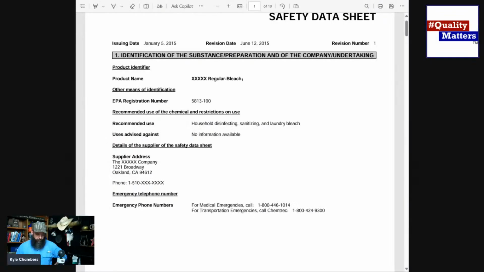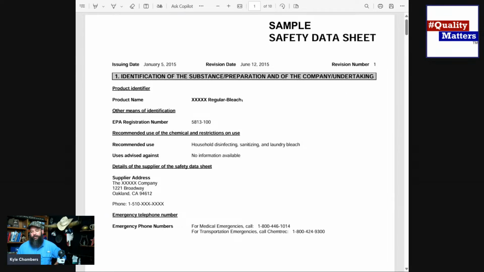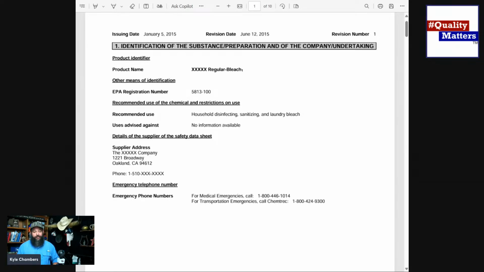All right. Let's go on now to an SDS. Let's talk about what's included in an SDS. Okay, so I've got pulled up here on the screen a sample safety data sheet. Now, the actual SDS you look at is probably going to look different than this because people change the font, people change the layout a little bit, but it's got the same basic sections. There's a total of actually 16 sections. So buckle in, grab a cup of coffee. Here we go.